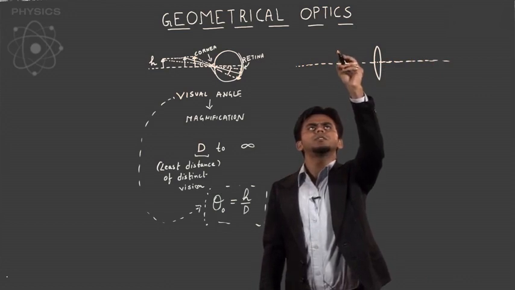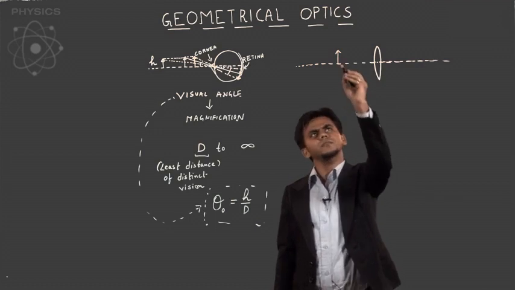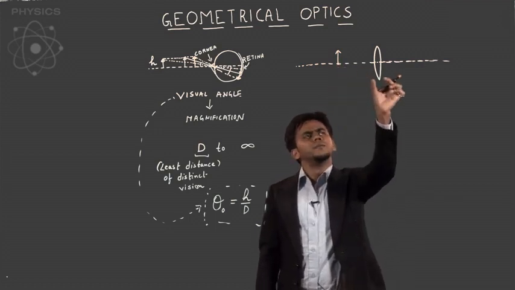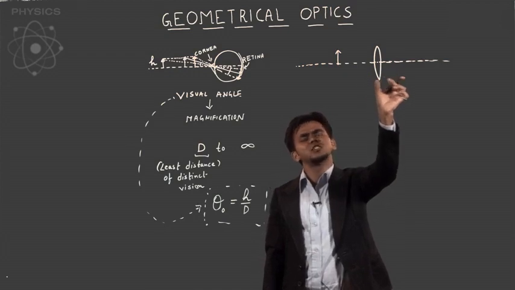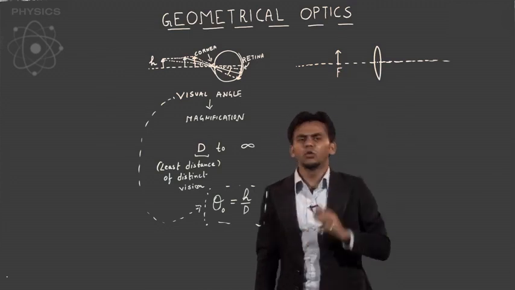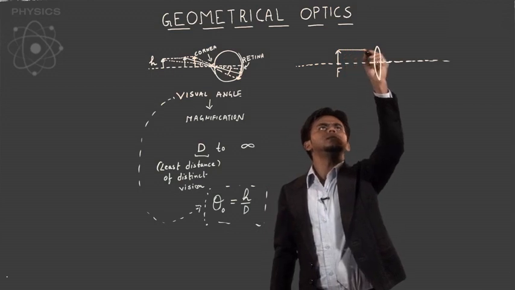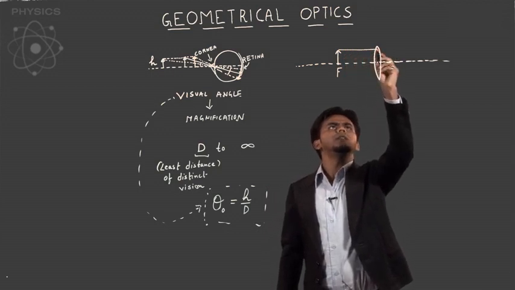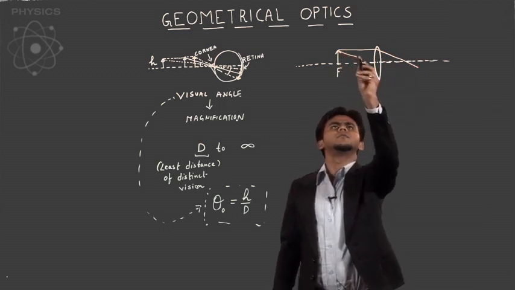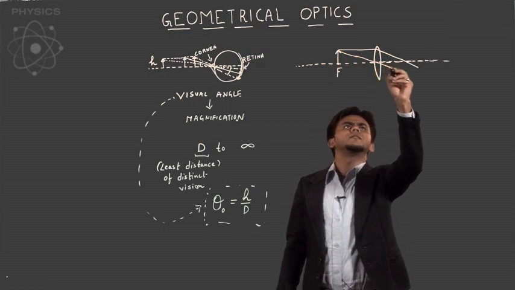Your object is located here. What will happen is, let's say I've somehow brought the simple microscope in such a way that the object is now at my focal plane, right? So what will happen is, this ray would converge in this direction, and this ray which passes through the optical center would go unrefracted, and they would be